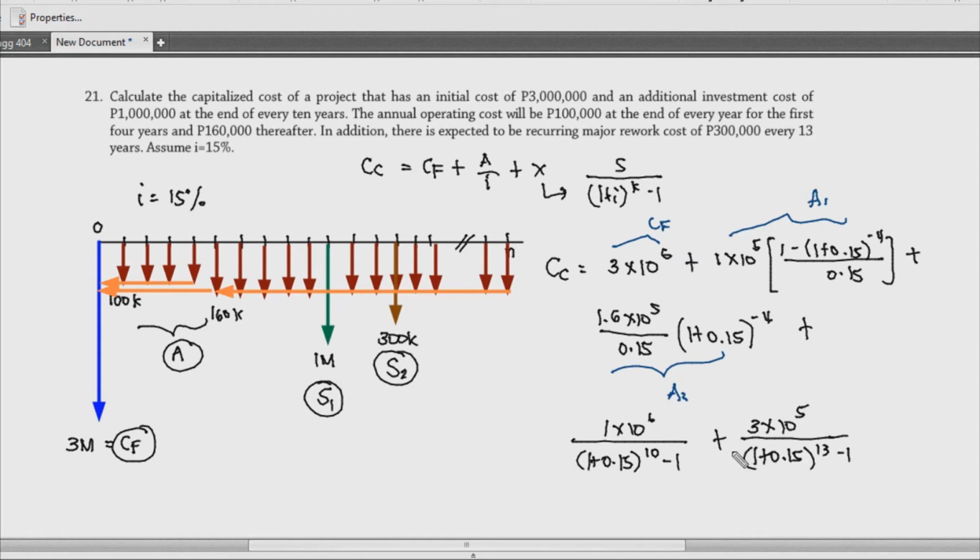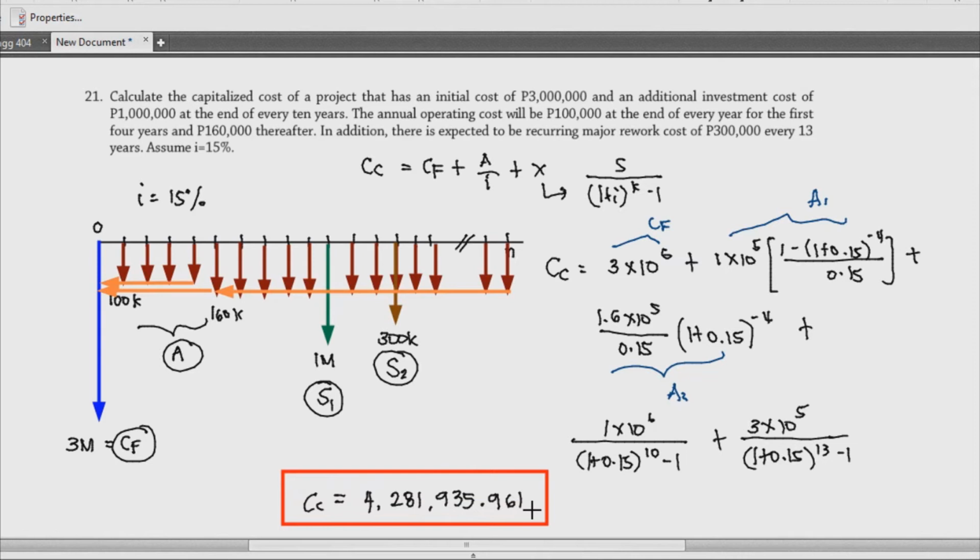Okay, so para lang din siyang annuity na baliktad lang natin. Okay, so parang you're trying to take the present worth, parang ganon nito. Okay, this is your S1, S2, hindi ko nilalagay na. And then, by taking the sum of all of these values, we can determine our capitalized cost, which will amount to 4,281,935.961. So basically, this is the amount of the capitalized cost that you are able to determine using your capitalized